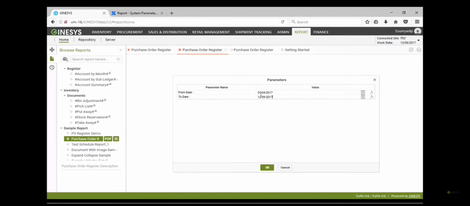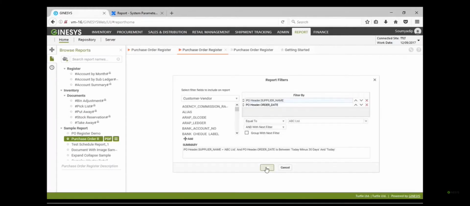Suppose I don't want to manipulate this date right now, and I click OK, then this parameter value would automatically be assigned to date from, date to if I use that same @DTFR@ and @DT2@ as filter values. Let me just show you, just a minute.